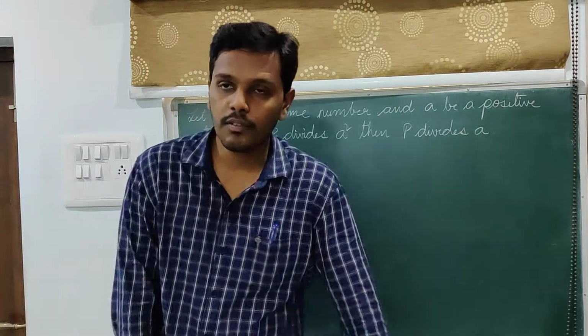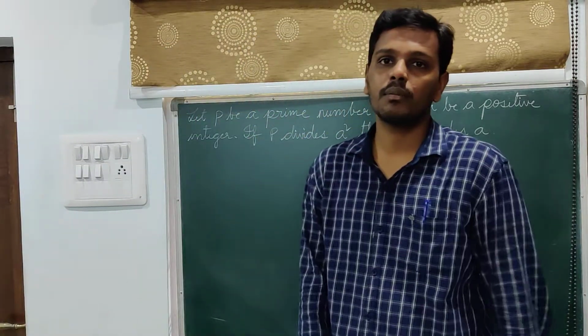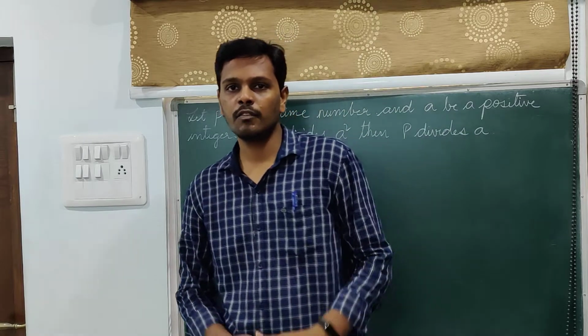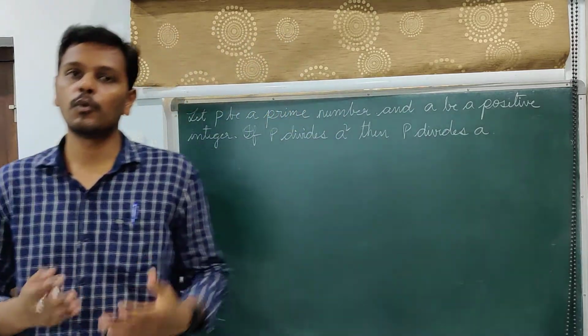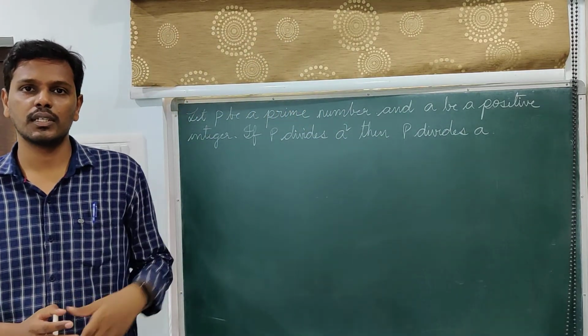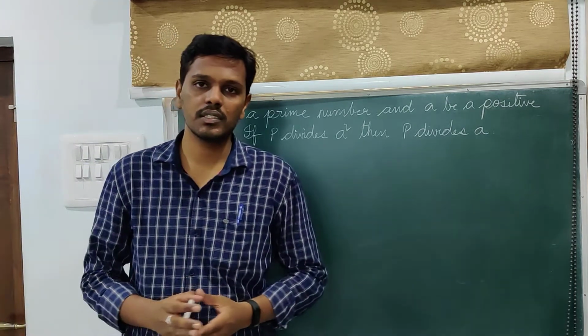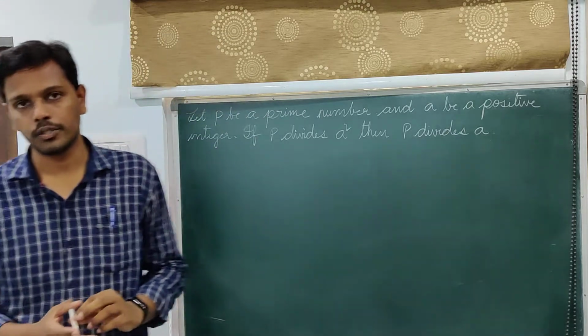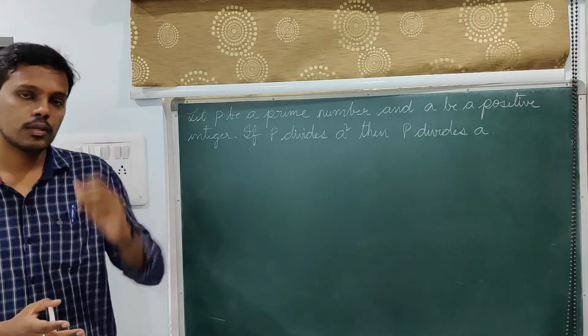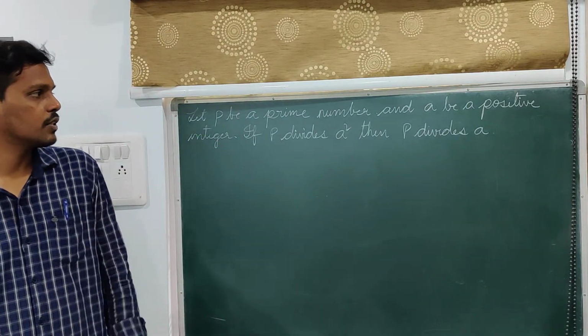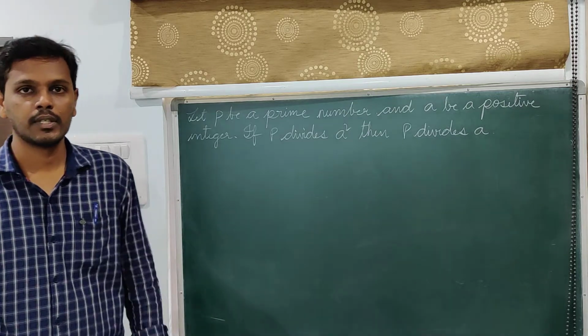Good morning. Today we will be discussing one more application of the fundamental theorem of arithmetic, and then we move on to proving irrationality of a given number. That is, given a number, we'll prove that number is an irrational number by the method of contradiction. Okay, so before we get into that, let me prove this theorem using the fundamental theorem of arithmetic.